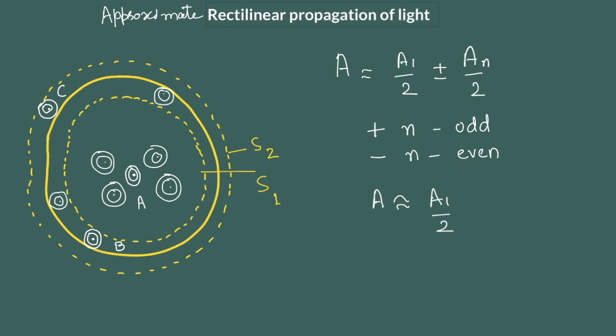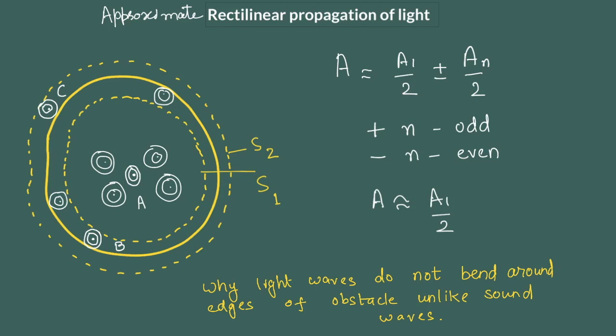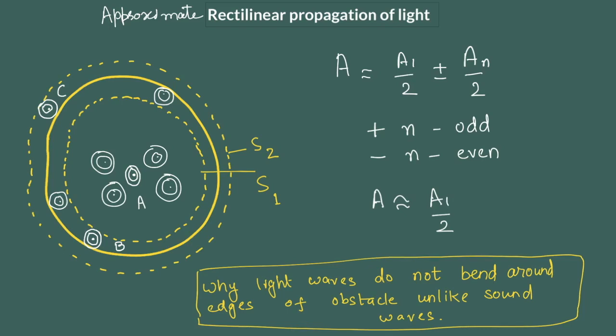When Fresnel added the idea of destructive interference in the alternate zones, using that theory, it can be justified why sound bends around the edges of an obstacle but light waves do not. Now this is obviously considering the fact that here the situation is such that there are a very large number of zones,